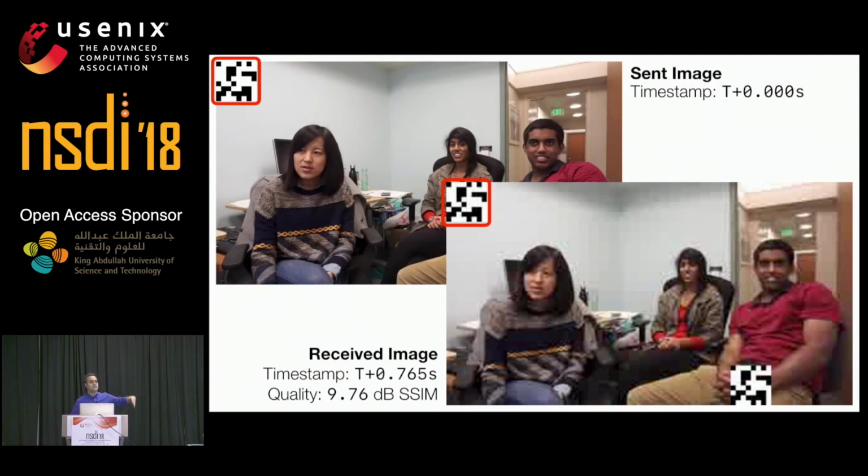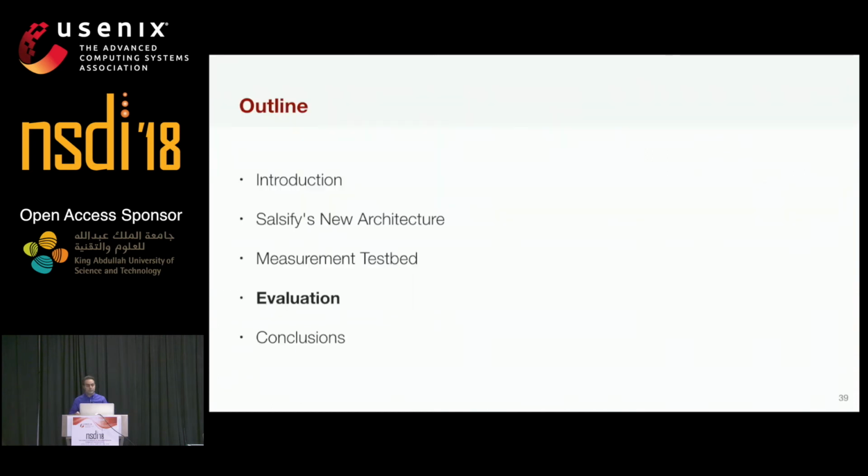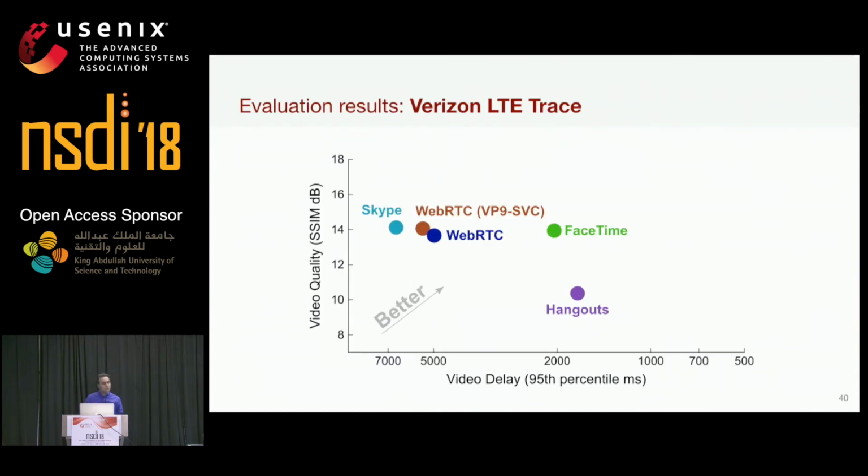And based on the timestamps that we have for the sent image and the received image, we can see how long it took for the frame to get from the sender to the receiver, and also what was the change in the quality. So using this measurement testbed, we compared Salsify with 5 other schemes: Skype, FaceTime, Hangouts, WebRTC